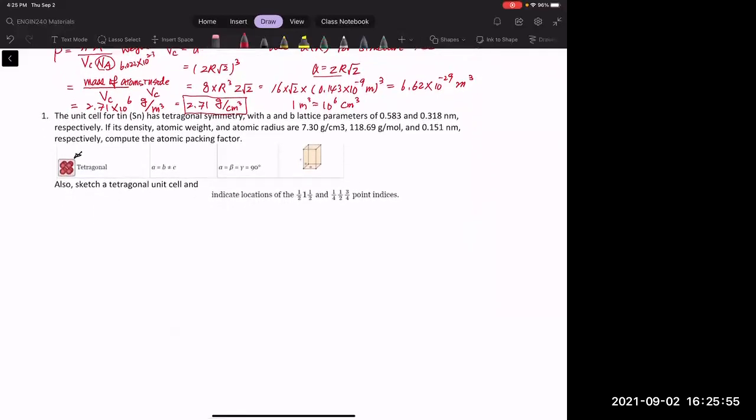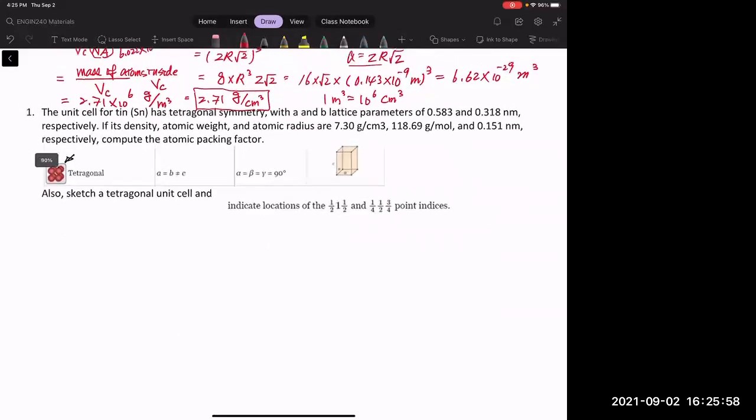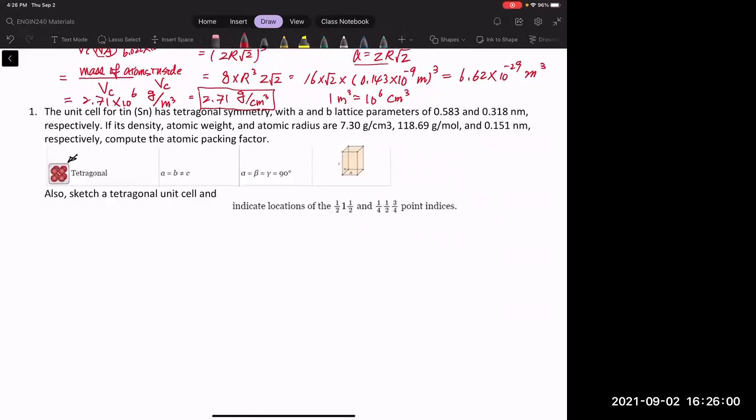The second one is also talking about the unit cell, but this one is the tetragonal symmetry structure. It's not the one that we're going to study tomorrow, but you have to know there are many different kinds of structure, and different atoms have different structures. This one is tin. Tin doesn't have the FCC, BCC, or HCP. It has the tetragonal. The tetragonal looks like this,